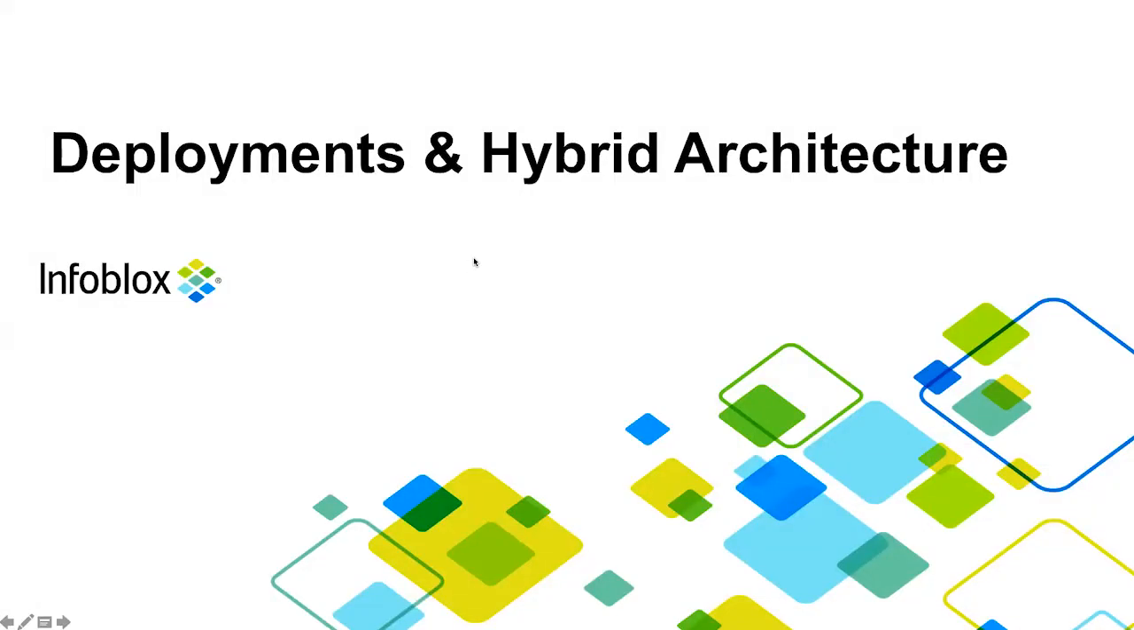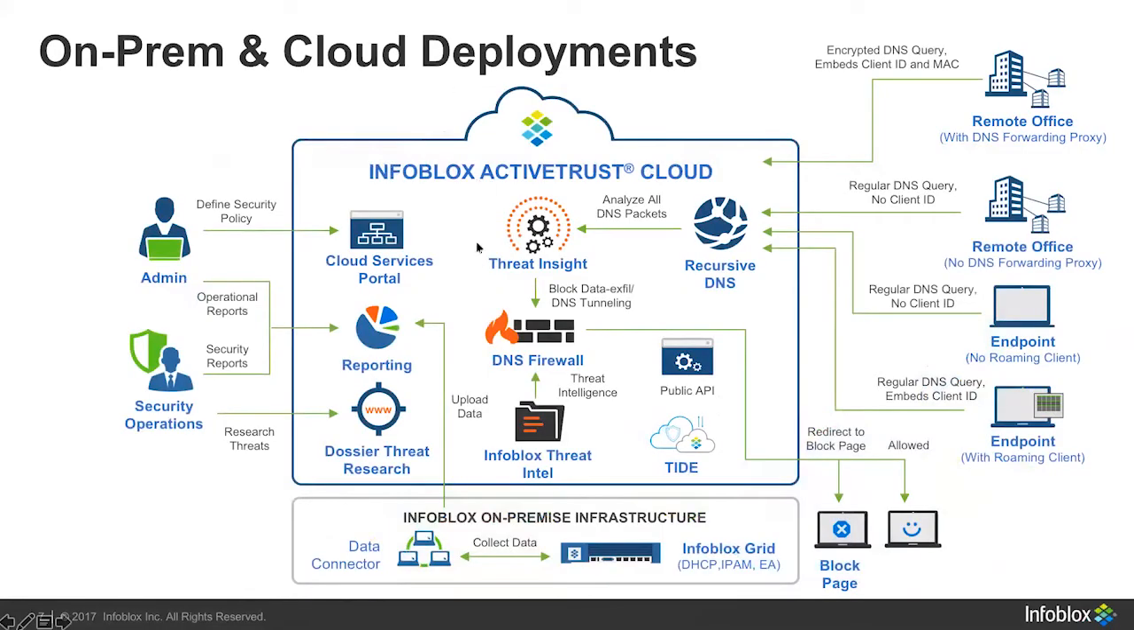Let's take a look at some of the deployment models in our hybrid architecture. So we're going to start on this in the center of the screen and just look at some of the major components that make up ActiveTrust Cloud. First, starting in the center here, as we talked about, preventing using our DNS firewall is key. That loads through our intelligence that we organically create and through all of our partners that work with Infoblox, both organically as well as our marketplace to bring in other valued threat intelligence providers, as well as our threat insight,